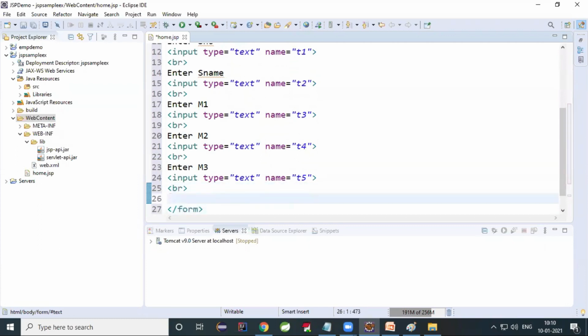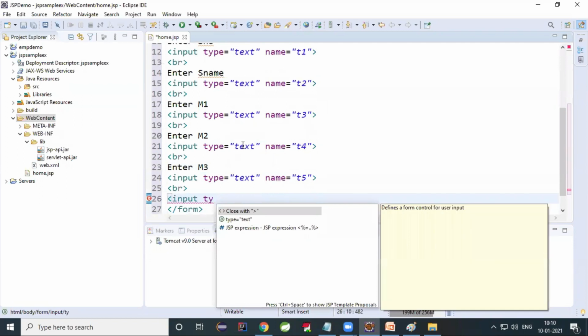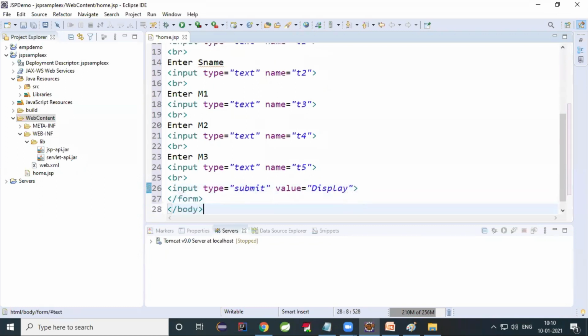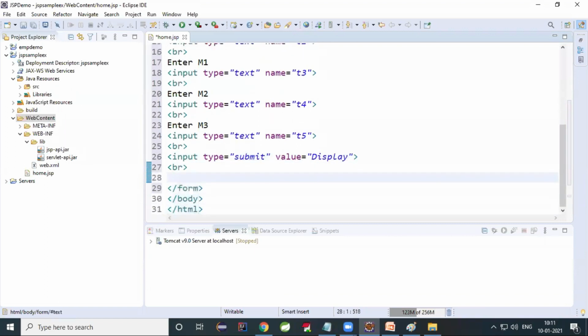So here what I will do, this is my HTML code now. Here I'll take one button, input type is equal to submit, and here I'll give value. Value is equal to display. Okay, and outside this button, I will throw the cursor to the next line, and here I will write some Java code. So keep it inside the scriptlet tag. This is your scriptlet tag.